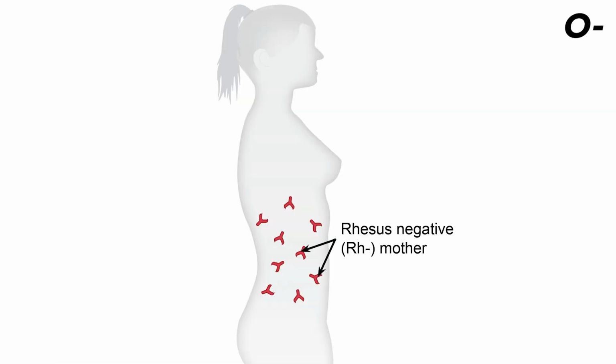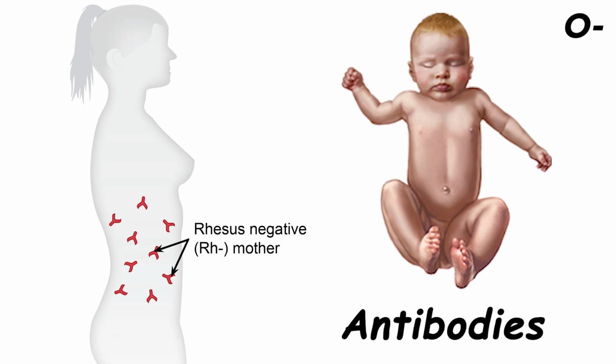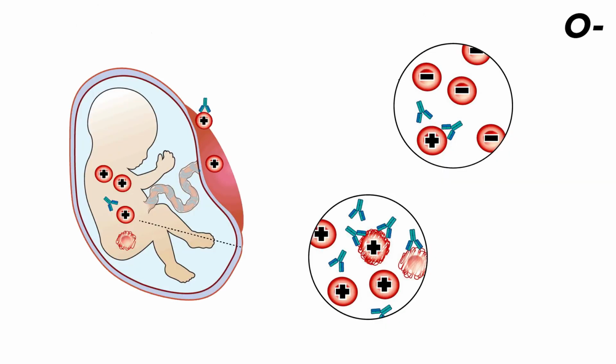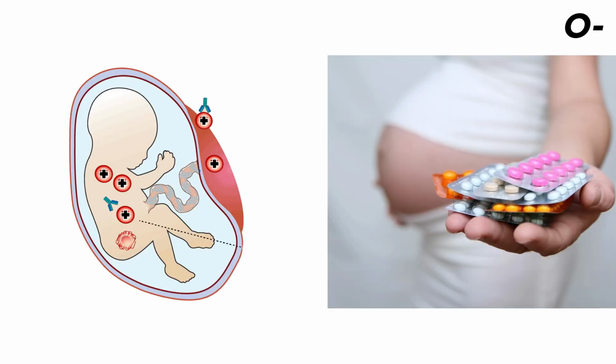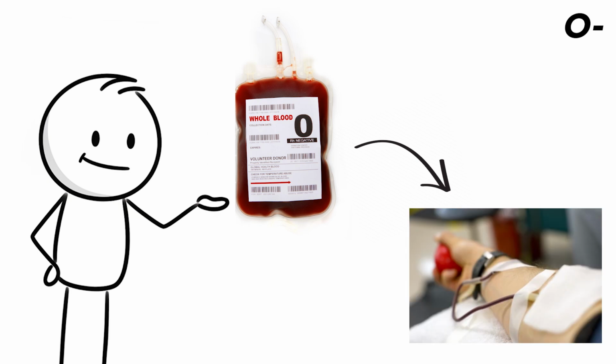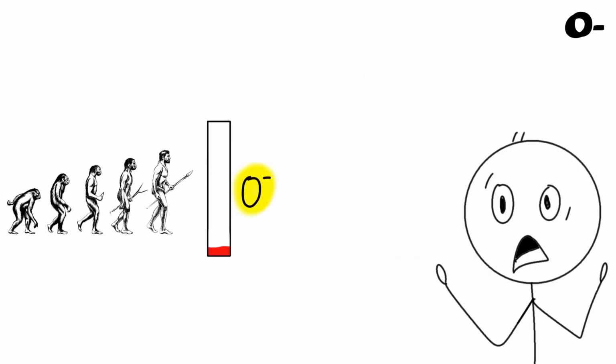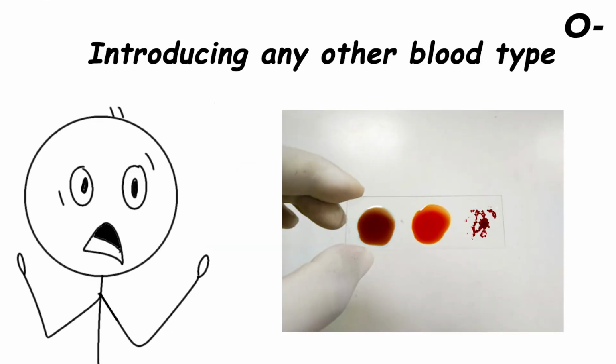Rh negative mothers carrying Rh positive babies may develop antibodies that damage fetal red cells, a risk now mitigated with modern medicine. Here is an interesting fact. People with O-negative blood can only receive blood from other O-negative donors. This is because O-negative blood has no A, B, or Rh antigens, meaning that introducing any other blood type would